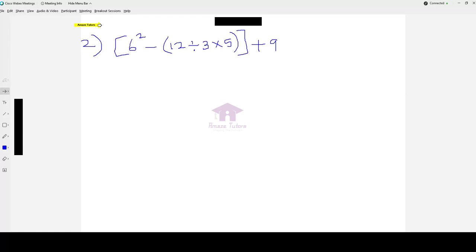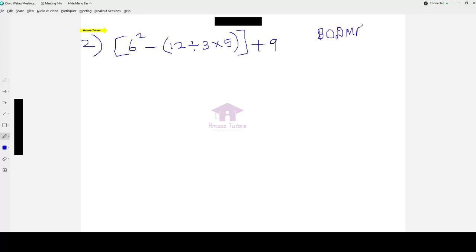Okay, now let's look at one more example. Here we have two brackets, parenthesis also called brackets, and we have subtraction, exponent, division, multiplication, addition. There are many operations in this question. Little difficult, little harder than the previous. So let me write